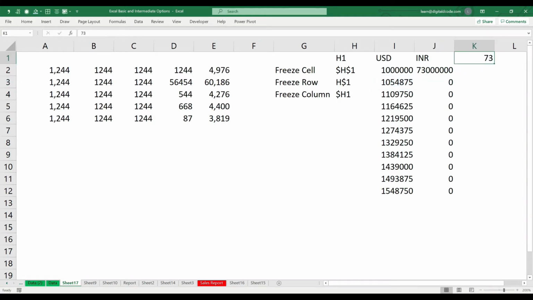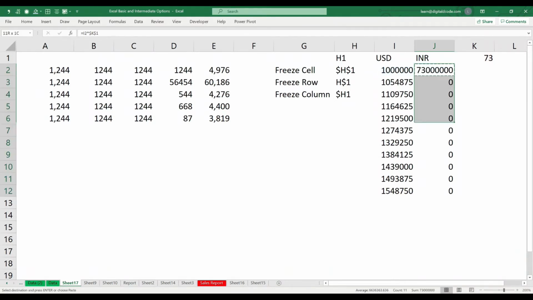This rate should be applied for all the values. But when you use the formula, only for the first cell it's picking. When I copy paste the formula to the second cell, it's not picking. So to fix this issue, I'm going to freeze the cell. To freeze the cell, either add a dollar before row or before column, or you can use the shortcut, F4. If you press F4, the entire cell will be freezed.